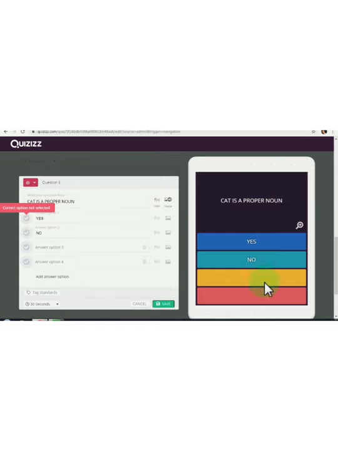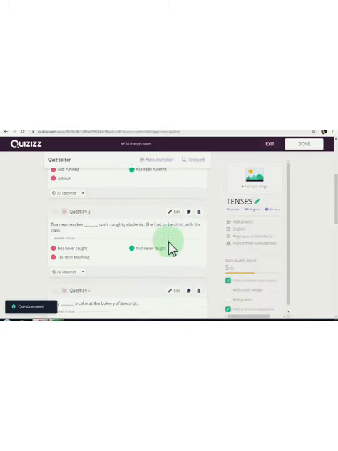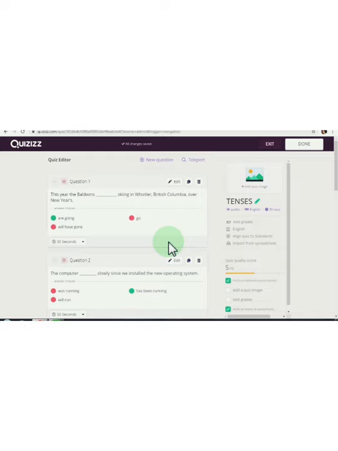Can you see how colorful it is, automatically organizing the questions? Here again I have to also select the correct answer. Say I say no and save it. So this question also gets added in your quiz which you had just created by adding the other questions. So here the quiz is ready.